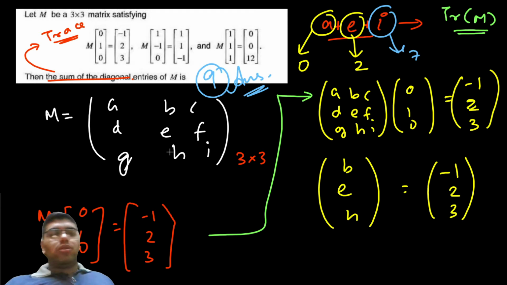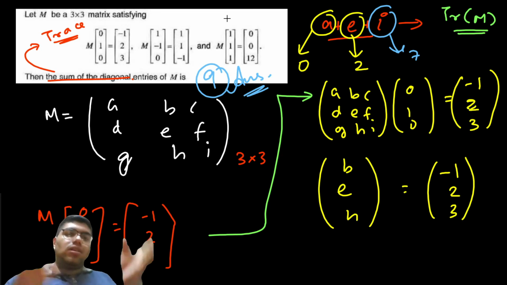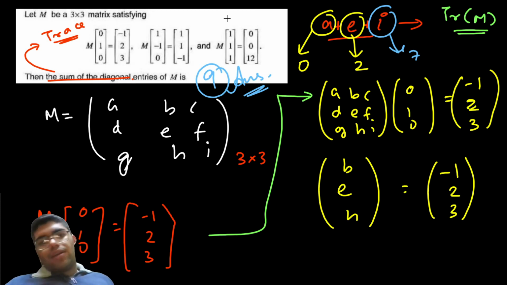See, some people also devise a method that you can put this as a column matrix, and then write the equations in columns. Yes, you can do it that way, but there can be some confusions, and of course multiplying a 3 cross 1 matrix is much easier than multiplying a 3 cross 3 matrix. So why trouble yourself? Why do you want a different way if you can get the best way out of it? That is my question for those kind of people.